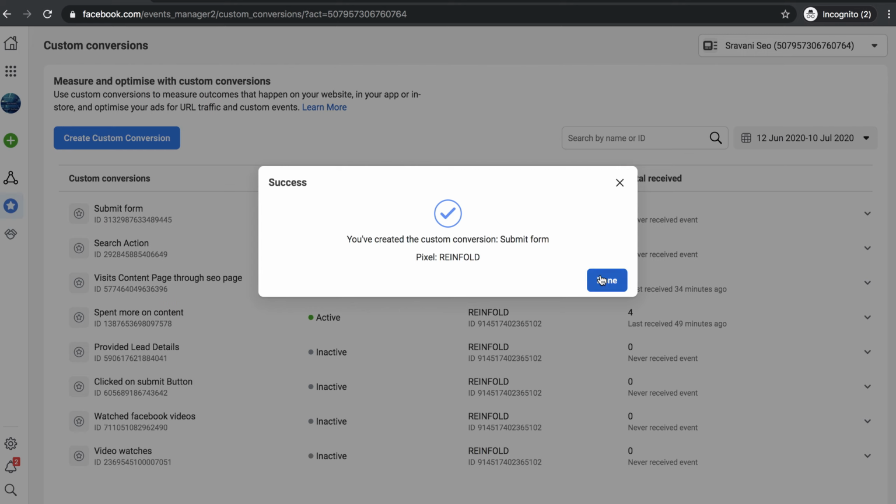So it has created. Why? Because I have already created in the earlier case. It has shown error because I have already created the same custom conversion. You cannot create duplicate conversions itself.